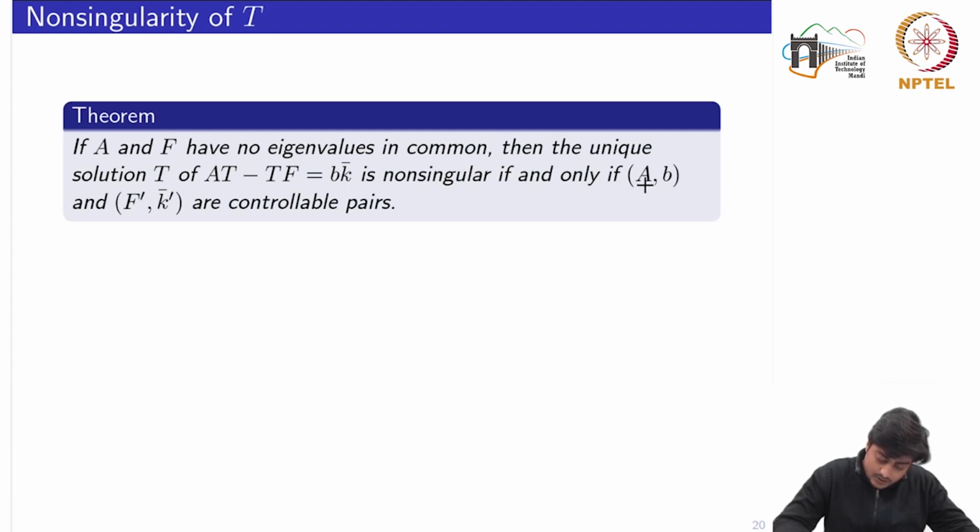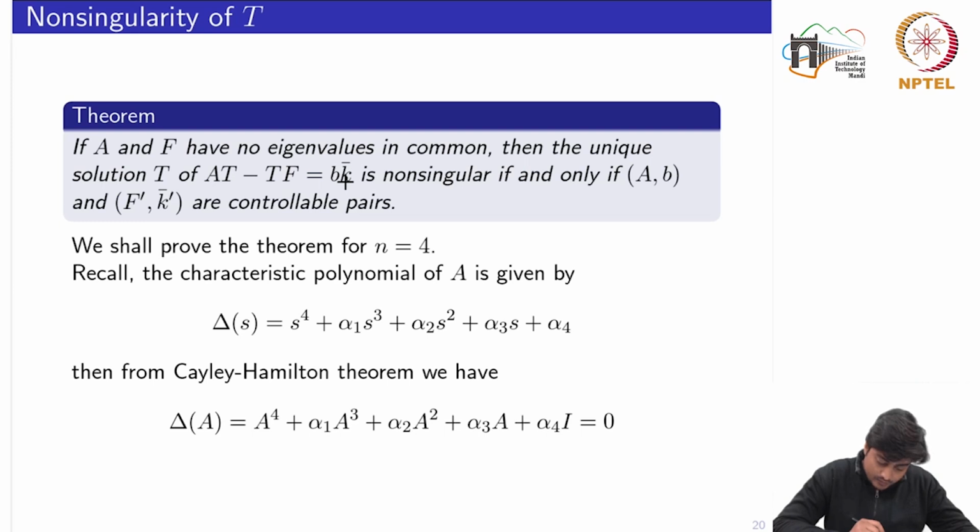So we need the controllability of the pair A, B and also of this one, which is an additional condition to solve for this Lyapunov equation. So we'll see a detailed proof of this result, so that by doing the proof, we want to recall many of the basic concepts, so that it would also help you to carry out your own proof of your own results. So we shall prove the theorem for n equal to 4,